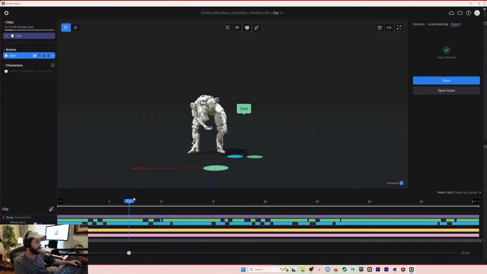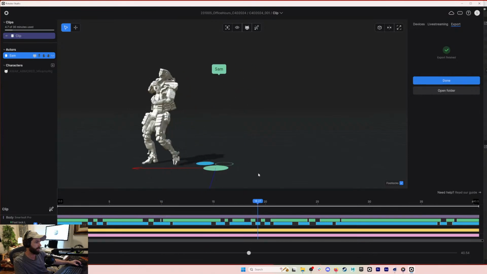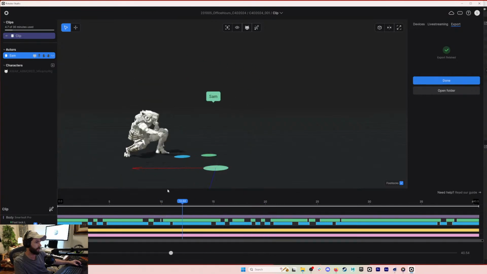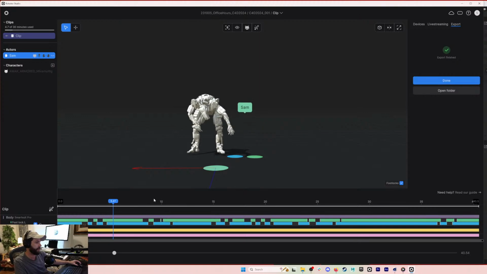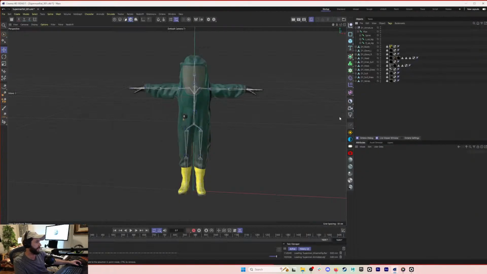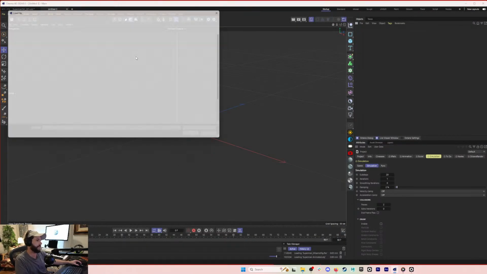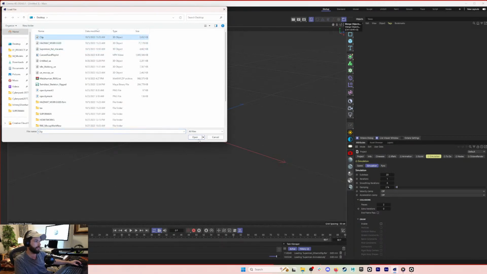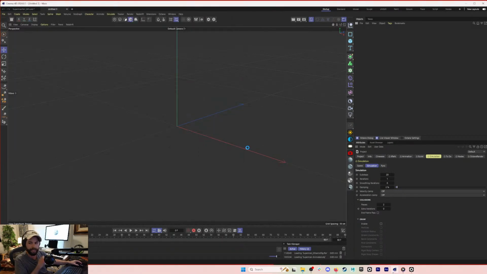We can adjust the shoulders and neck, which can give you a better result. But we've exported this, and if we go to a new project and we import it, it's just called clip, import it into Cinema 4D because we didn't rename it. It's going to import with